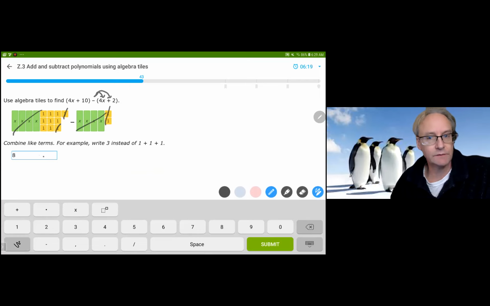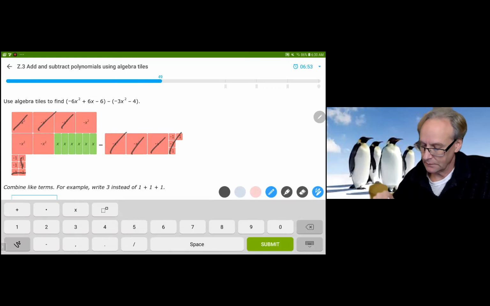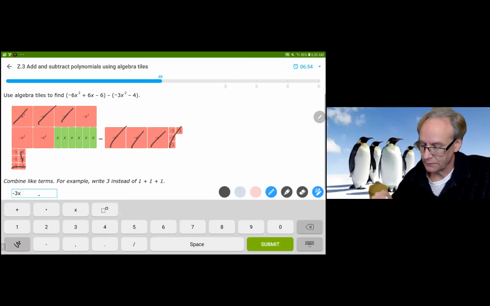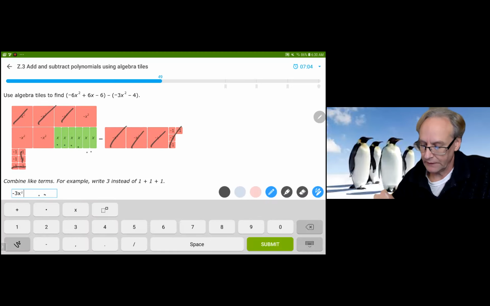Let's see what we got next. Now it's kind of interesting. Subtracting negative x's is going to eliminate them, isn't it? This negative x gets eliminated. There's 3 of them that are getting eliminated. Now these 4 negatives eliminate these 4 negatives. And we end up with negative 3x squared. And then we have 1, 2, 3, 4, 5, 6 x's. So it's plus 6x. And then we have minus 2 over there,